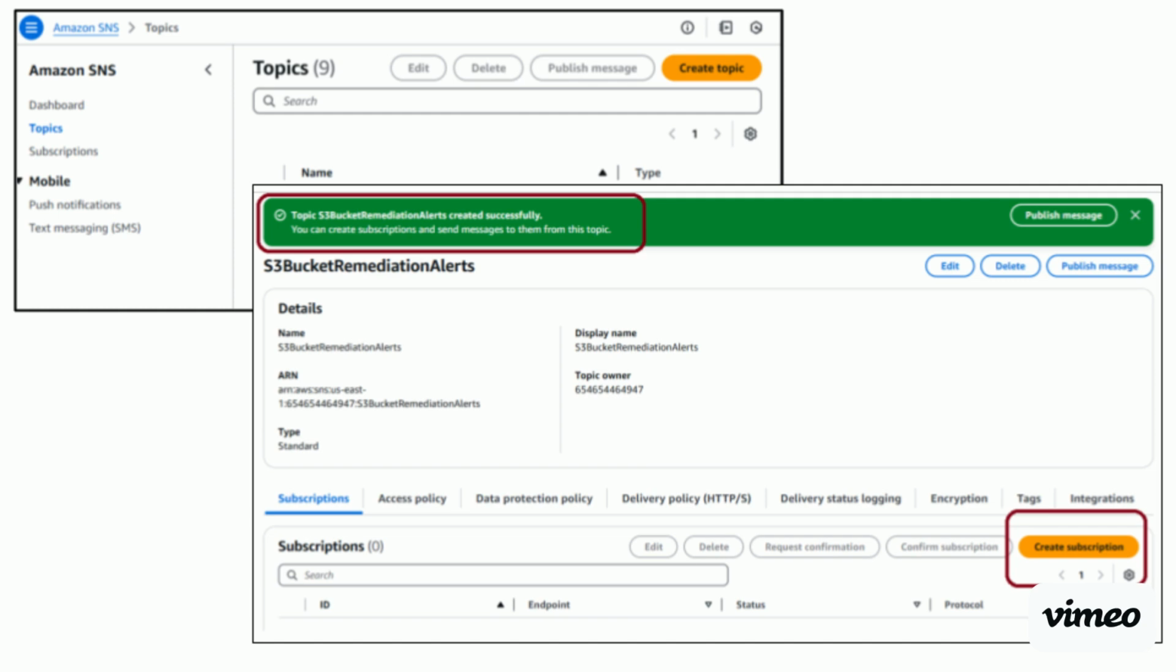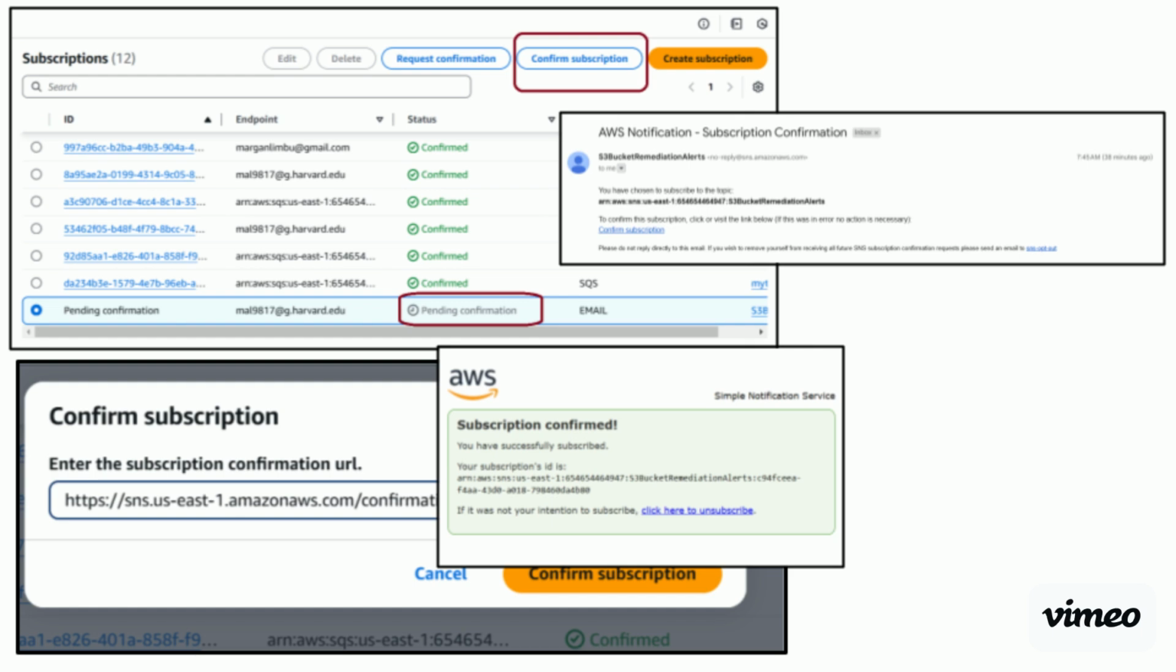After the topic S3 bucket remediation alerts was created, I clicked on the Create subscription button. After that, I chose email as the protocol and entered my email address. And after that, I clicked on Create subscription. As you can see in the picture,